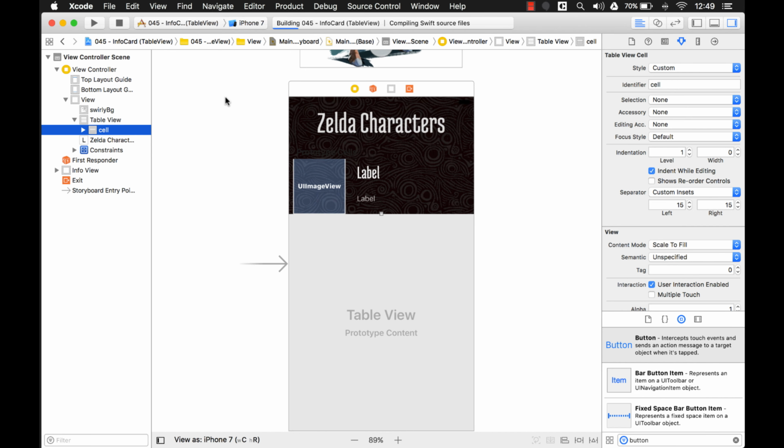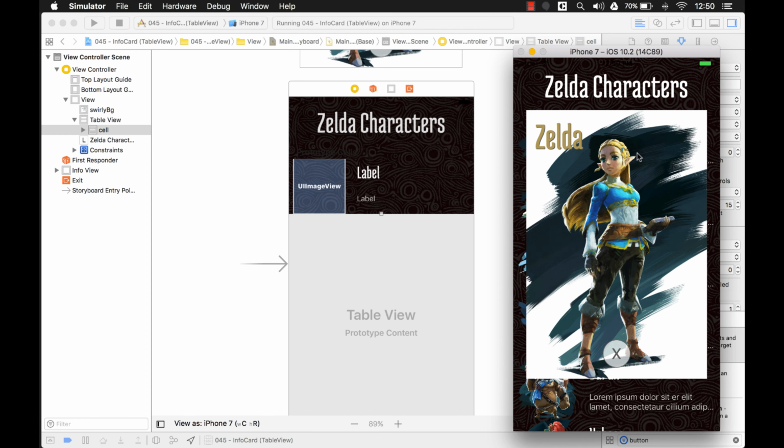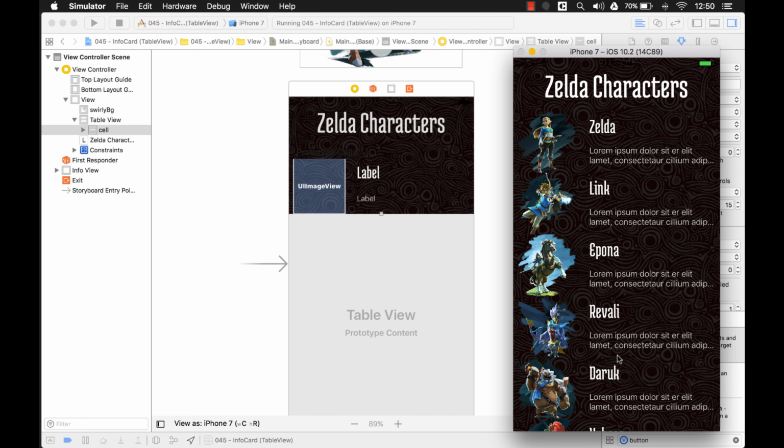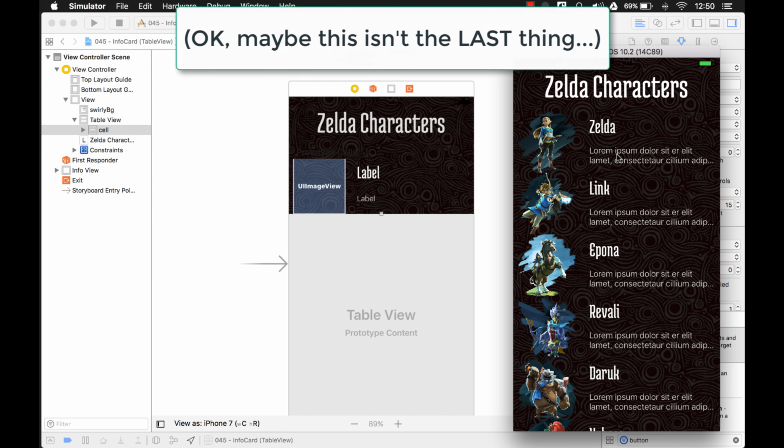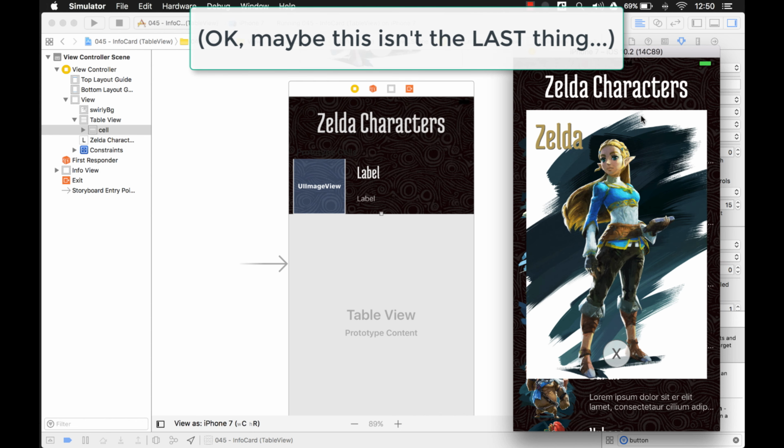So if we go in and we take a look, okay, that gives us the desired effect. You see, it doesn't even select it anymore, right? So that is perfect. That's exactly what we want. Okay, now there's one last thing I want to do. When this comes up,